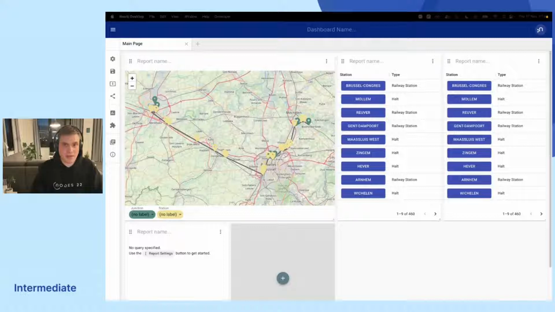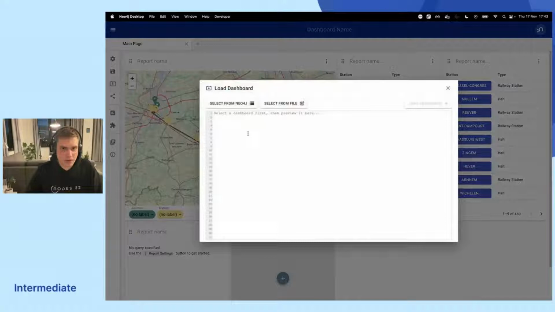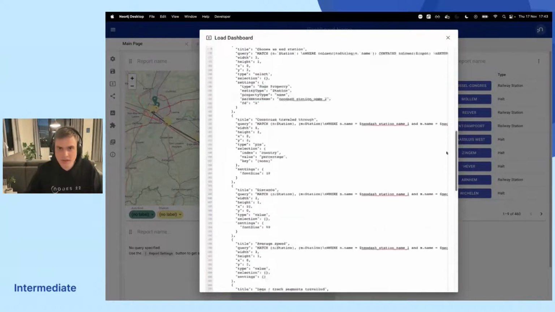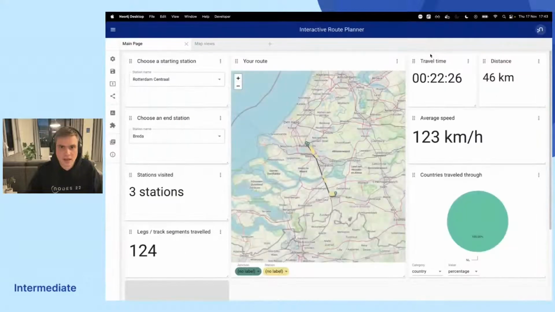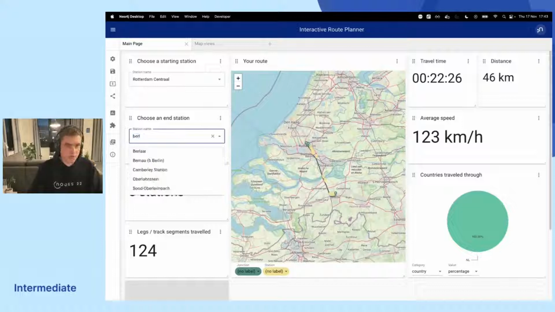Now, I just wanted to show you, this is obviously something that I can do in 1 minute, but if I take a bit more time to make a nice dashboard, what that could look like. So I have a prepared dashboard here that I can load. So I click on the load button. I load up my JSON that I created. And now I can see this dashboard that I created earlier, which is the rail planner for all stations in Europe. And what I can now do is go from Rotterdam to Berlin,